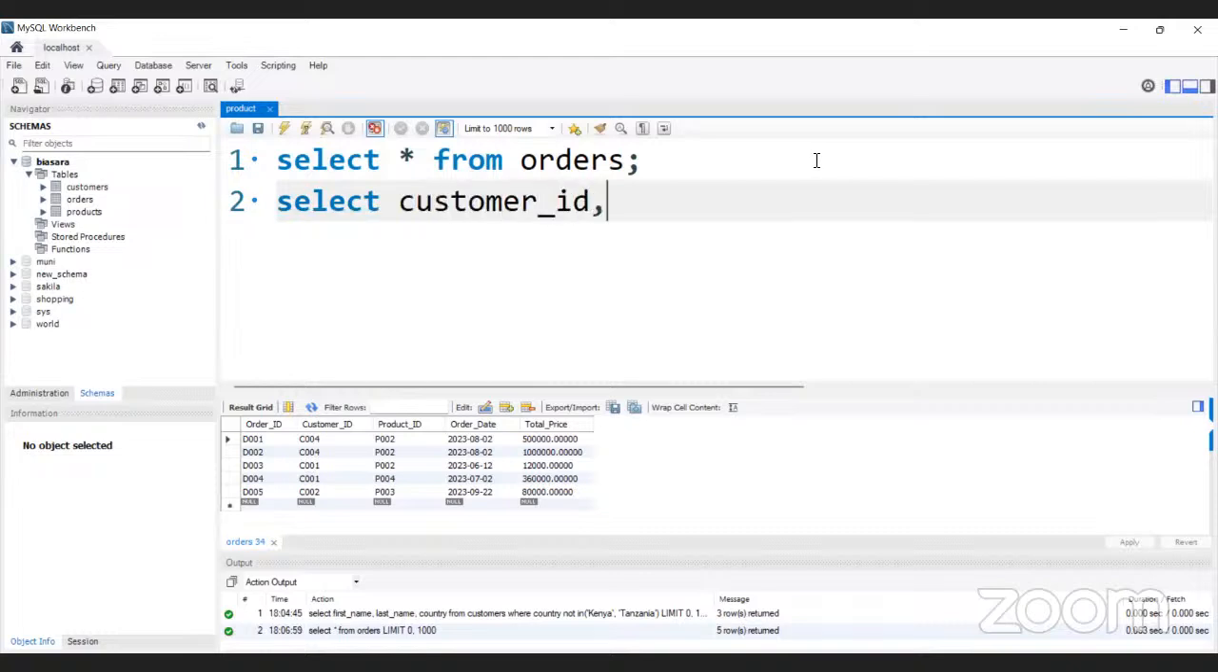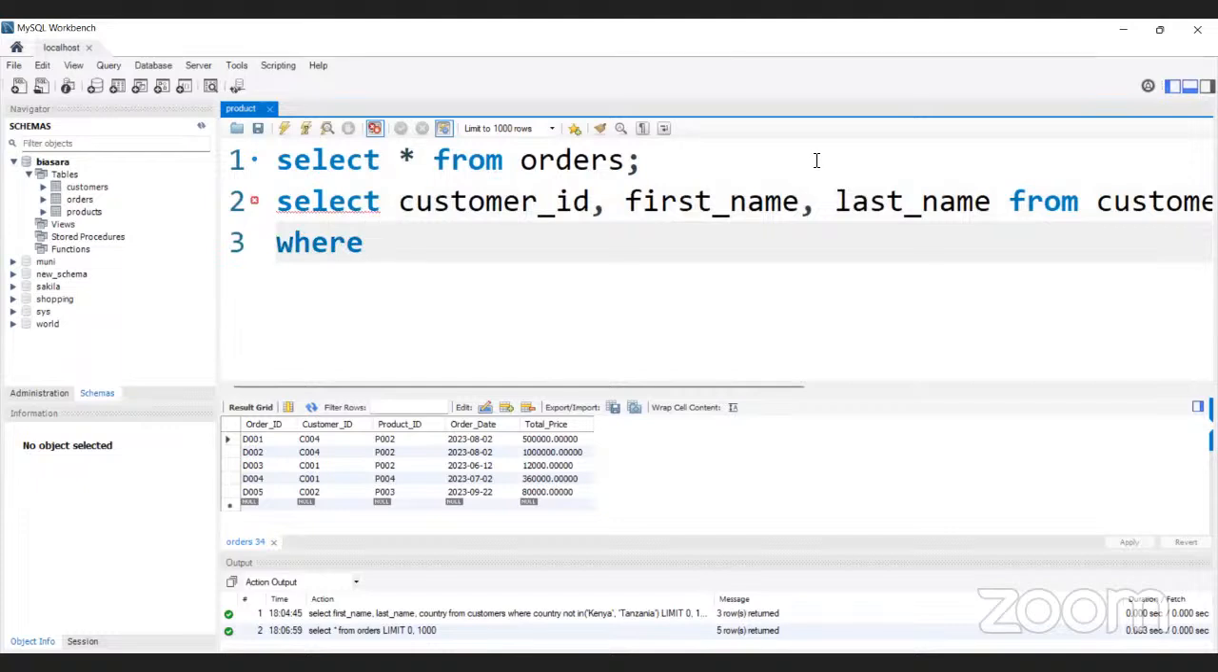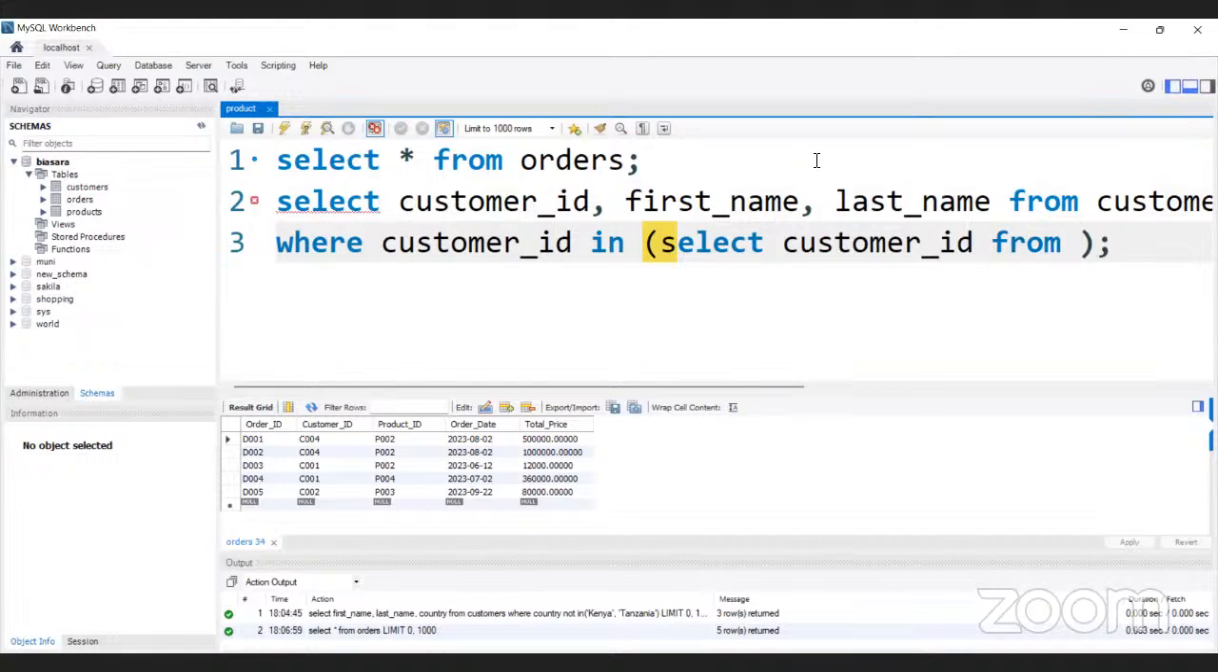You want the customer ID, the first name, the last name from customers where we want the customer ID should be only those customers that made a transaction, where you can now decide to select the customer ID from orders, because we want only, first of all, we want the statement to display for us the customer ID,